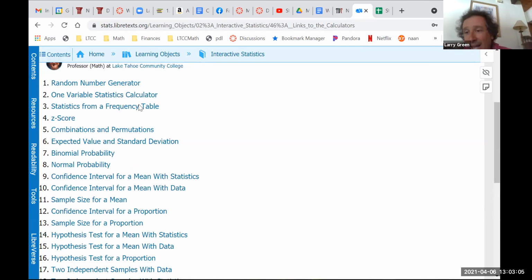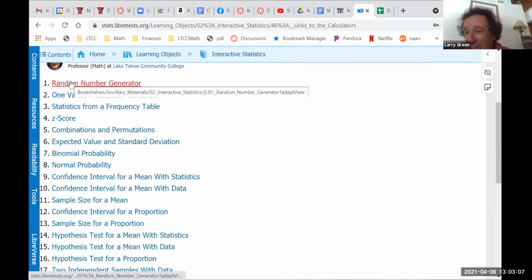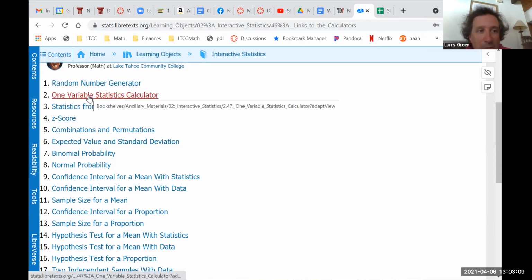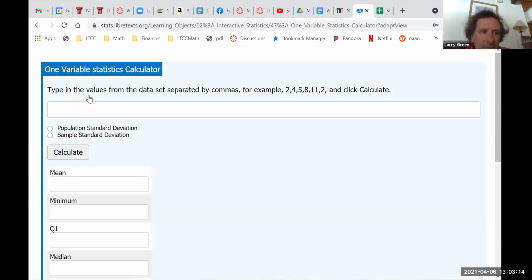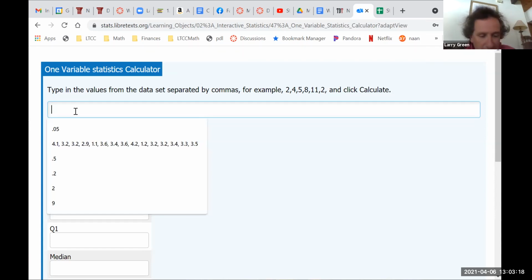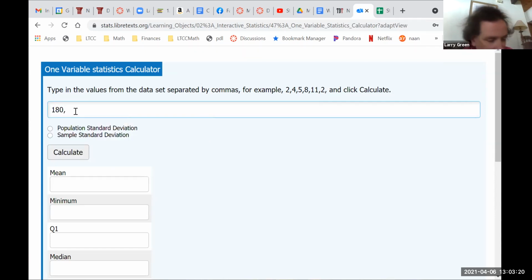And we're at the beginning of the class. I already mentioned the random number generator. If you want to do that, you can do that. But I want one variable statistics, so I'm going to click on that. And then I'm going to type in the values separated by commas. So 180, comma. And by the way, feel free to open up a second screen and go to the LibreText calculator. The easiest is to go to Canvas and click on the link, because it's a really horrible long link. 180, 270,